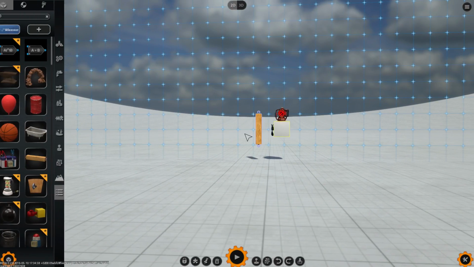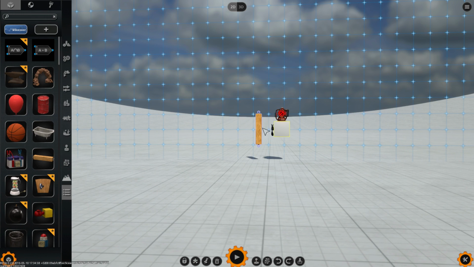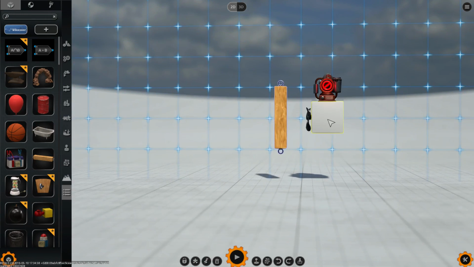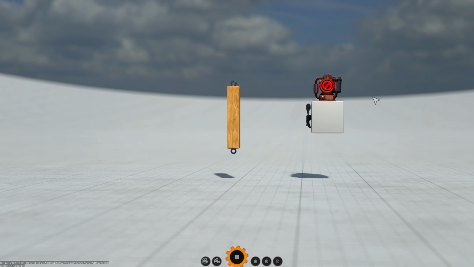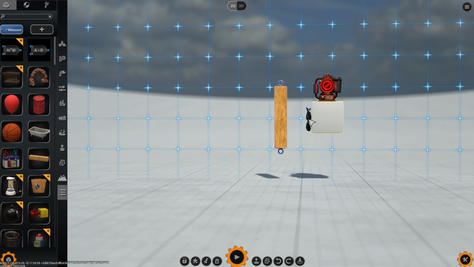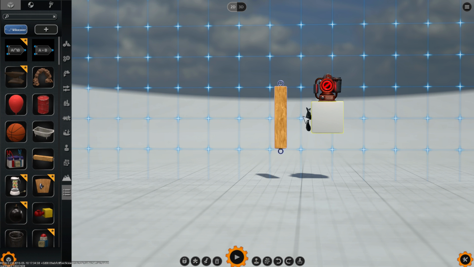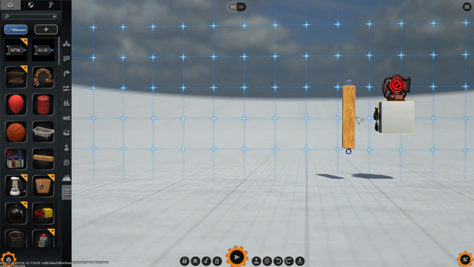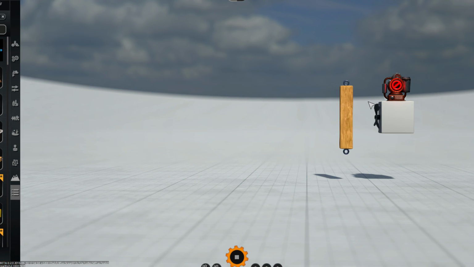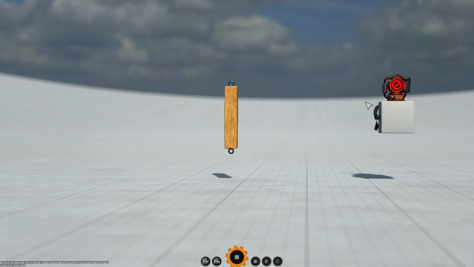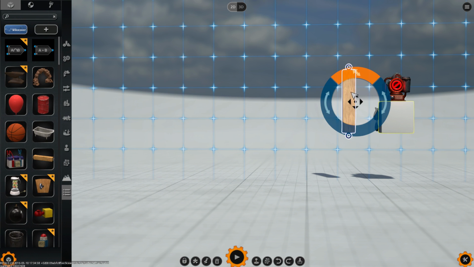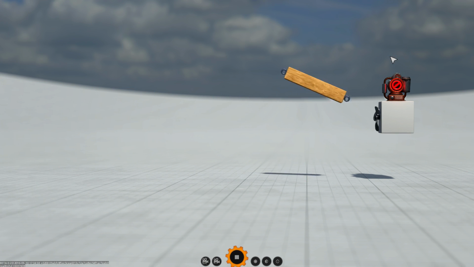If I place this object in the center of this wind, you have to imagine the wind is a conical kind of shape here, and it's blowing in this direction to the left. And if I place it in the center in front of the fan, it will move to the left without any rotation, nearly. And if I move it a bit up, the wind will attack the bottom,